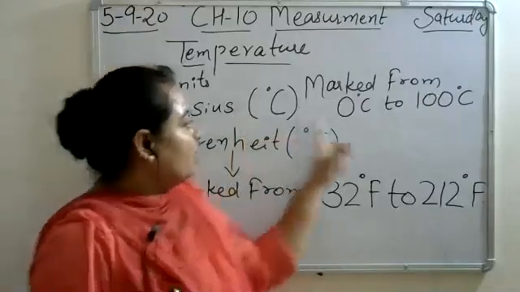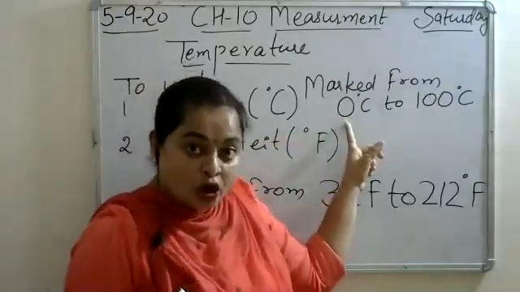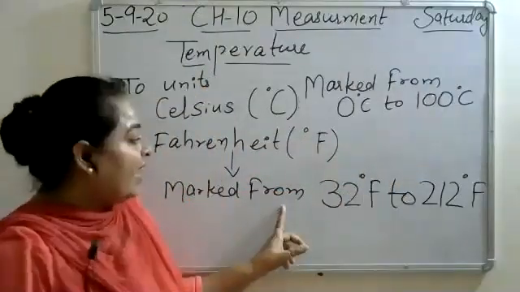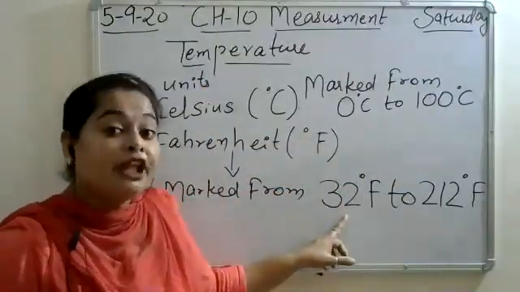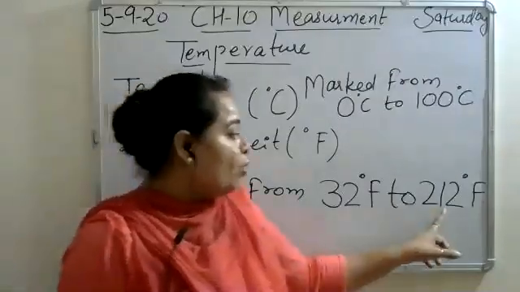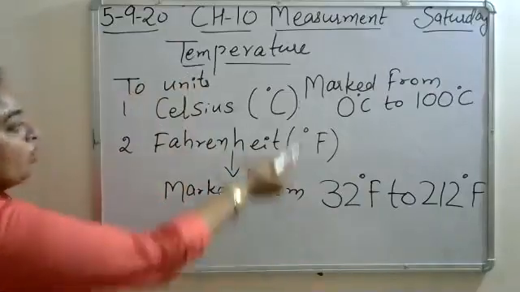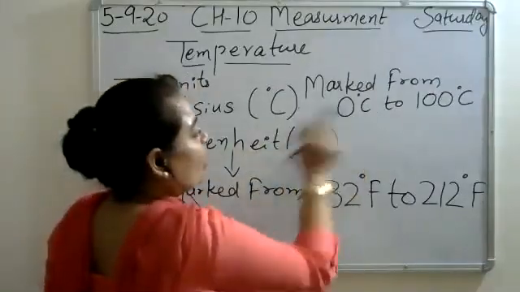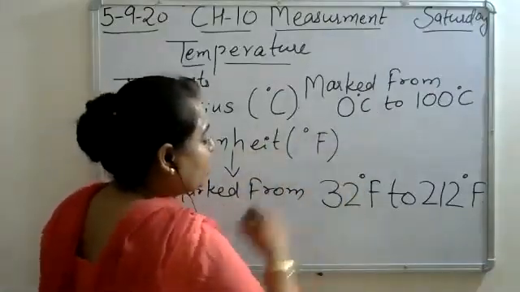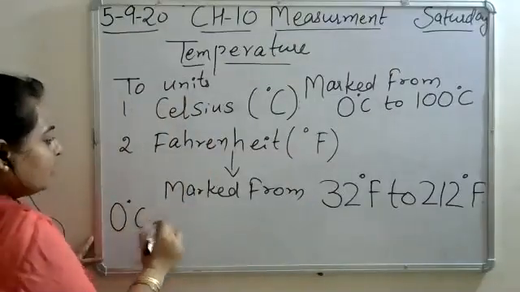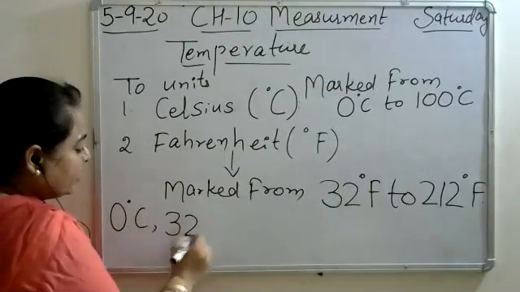Celsius scale starts from 0 and ends at 100. Fahrenheit scale starts from 32 and ending point is 212. In both the scales, first point, that is 0 degree Celsius and 32 degree Fahrenheit,